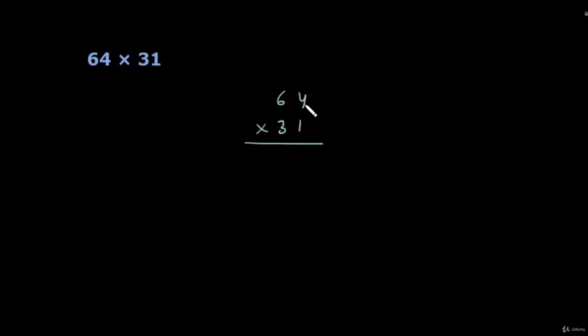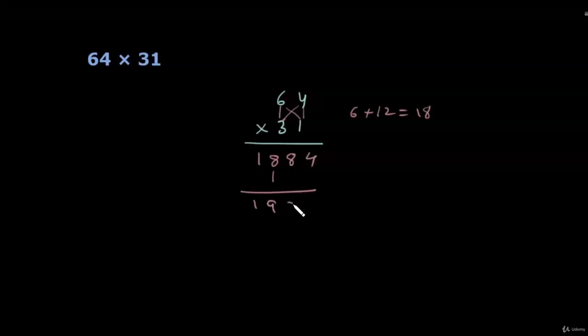This time we have to multiply 64 by 31. Now first of all, the numbers in the leftmost column. 6 times 3 is 18. And now crosswise, this is 6. 4 times 3 is 12, so 18. Because it's a two-digit number, we will write it like this. Again we will multiply vertically, so 4, 1984. 1984. So this is how the vertically and crosswise technique works.